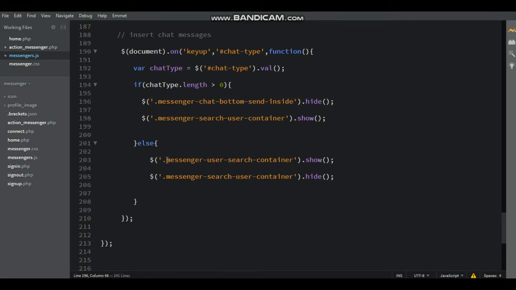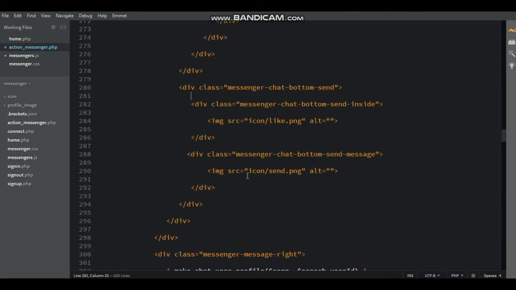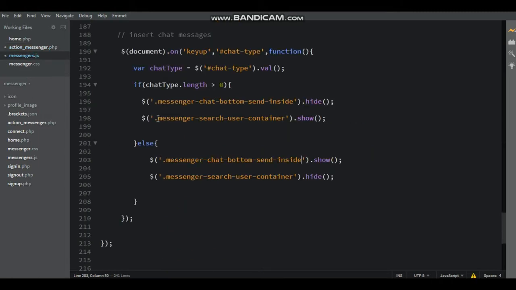First the chat bottom send inside is hide, and then messenger chat bottom send inside show. Now just copy also messenger chat bottom send messages, here chat type length greater than 0, here if function is shows, else messenger chat bottom send messages is hide.